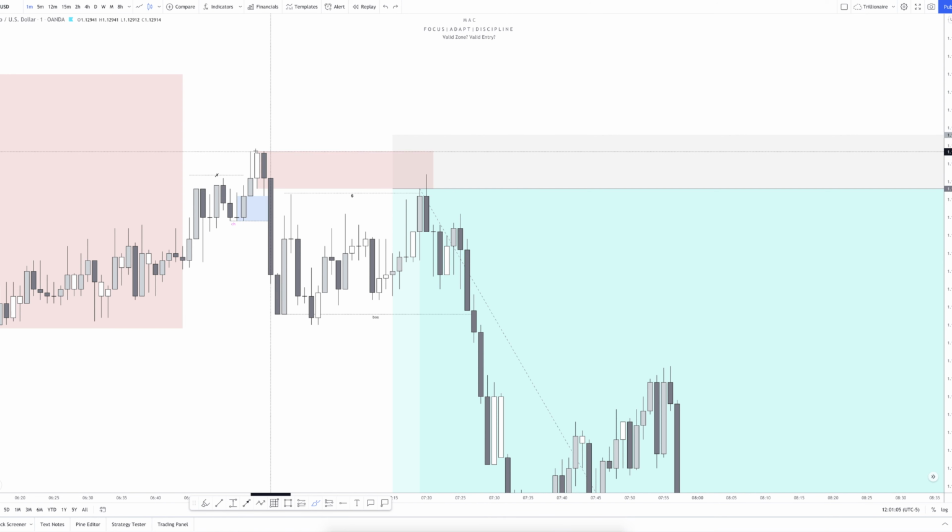Now, once we actually have this demand taken out here, my next question is, what was responsible for taking out this demand? Well, essentially, it was this supply here that comes into the market with this inside bar here. So what does price do? Price essentially creates all this liquidity here. We have this high here, we have this high here, we have this range here within price,